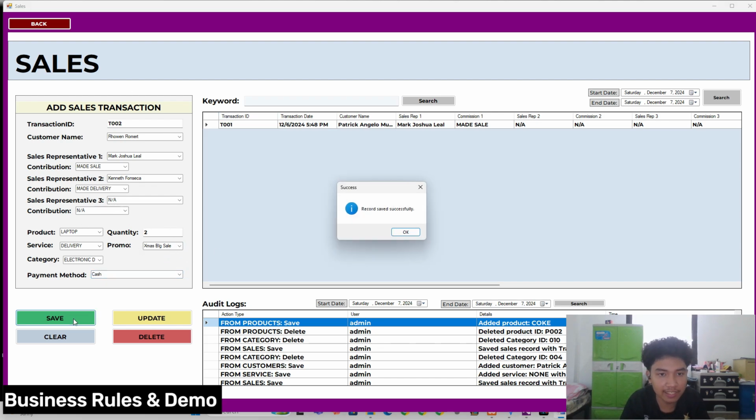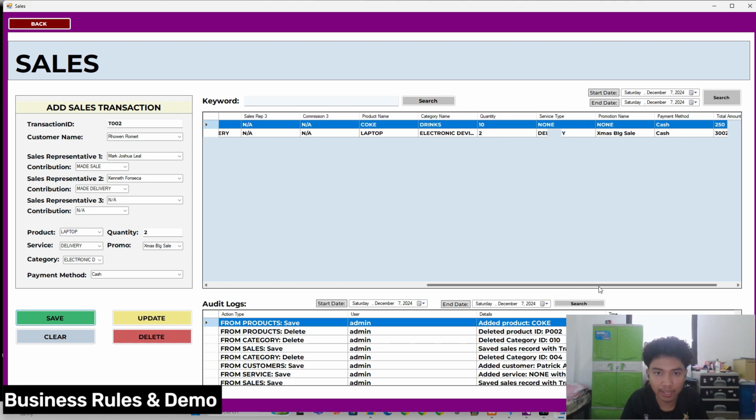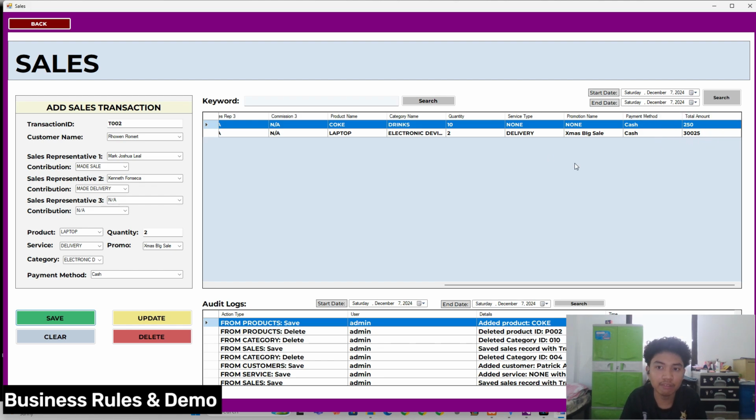So let's try. Record was saved successfully. So we can see here the T02, the transaction 2, which involves 2 sales representatives and their own commission, which is also our business rule, and the product name with its category, the quantity, the service type, and the promotional name. So it has a total amount of 30,025.